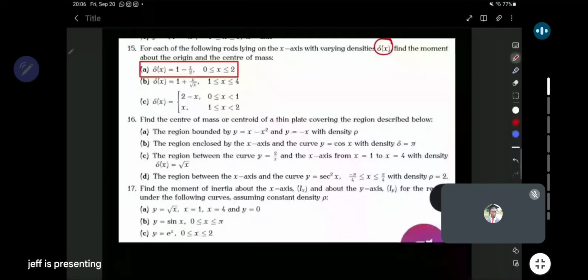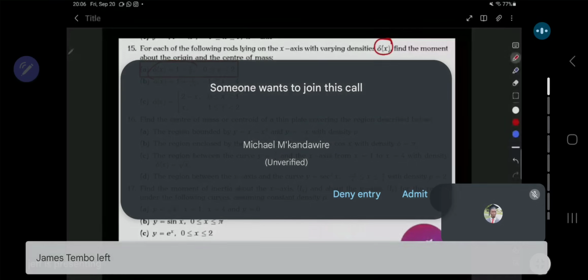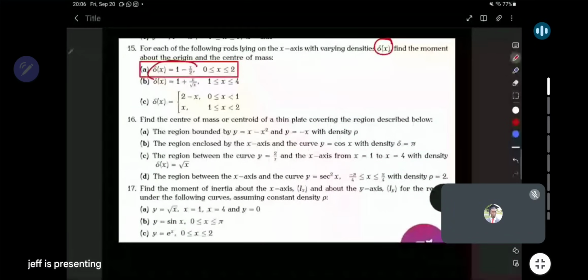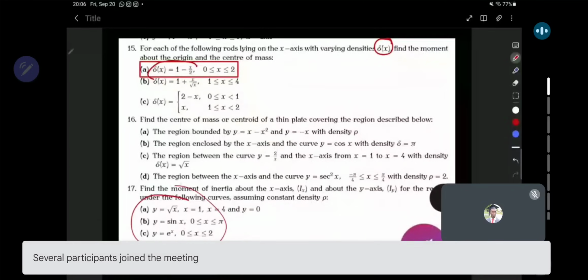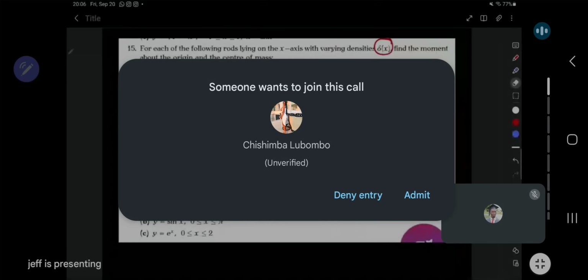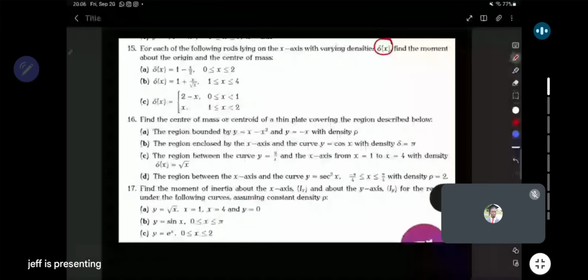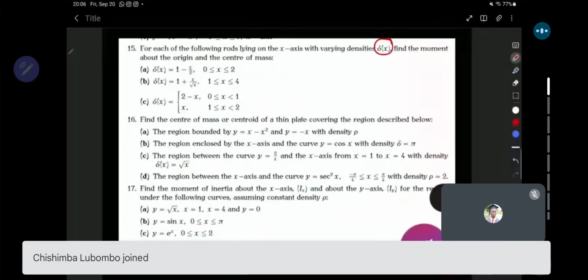So how does it go? The first thing that you have to understand is that these expressions which are being presented here are not functions, like the way these down here are presented. The expressions in question 14 are actually describing the density. So here the density is varying. What does that imply? It actually implies that these rods will have a fixed